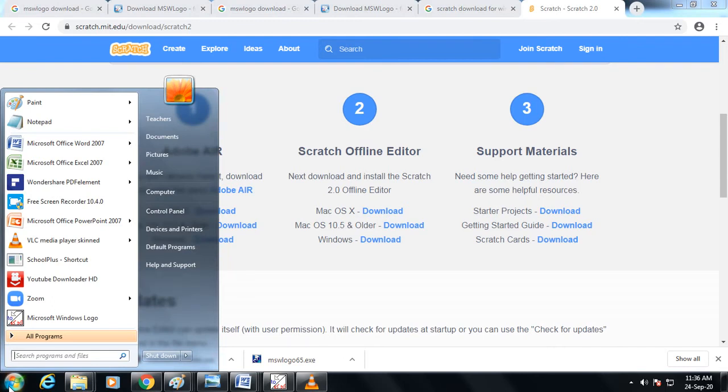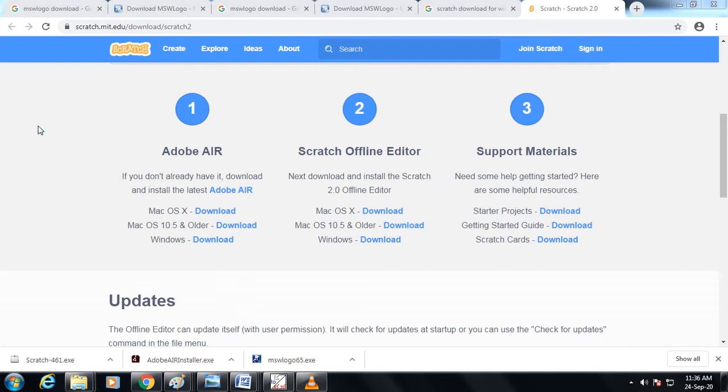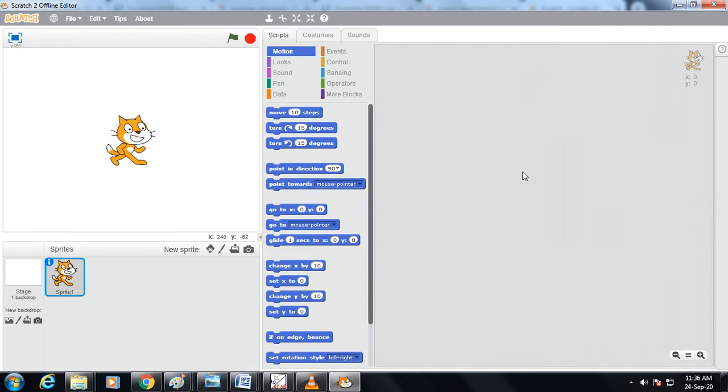Click on the start button, type SCRA. You will see Scratch 2 software. Just click over here. You will see a window of Scratch software.